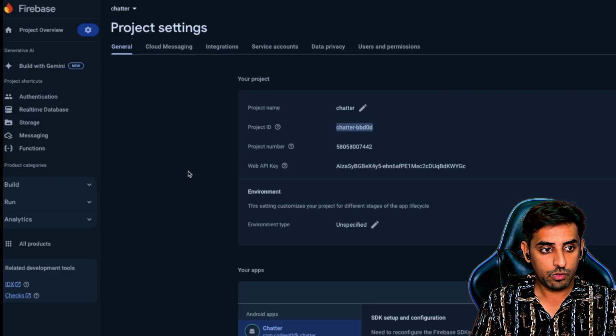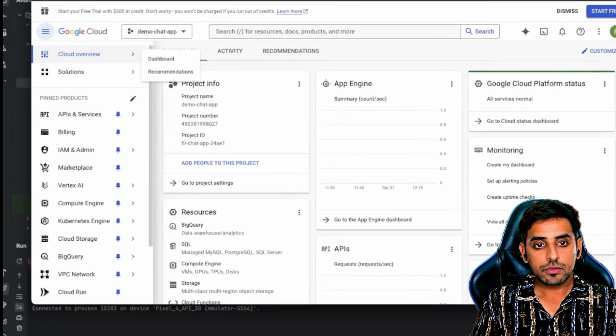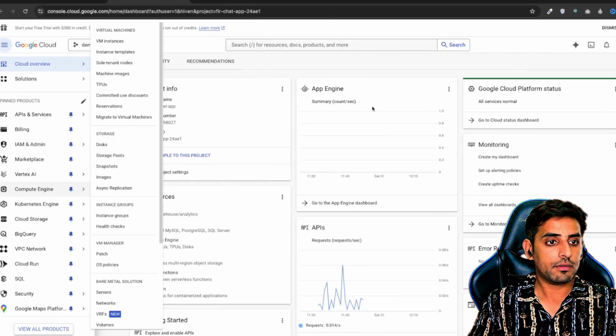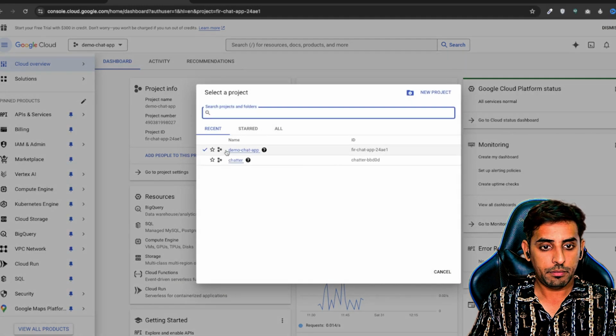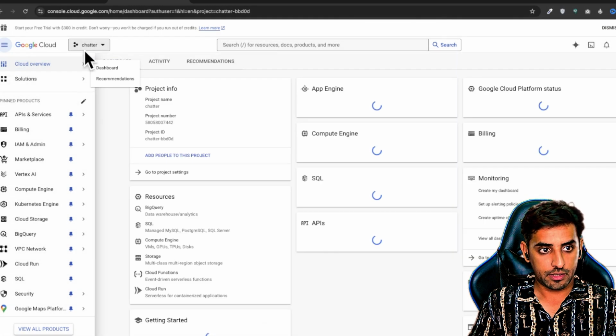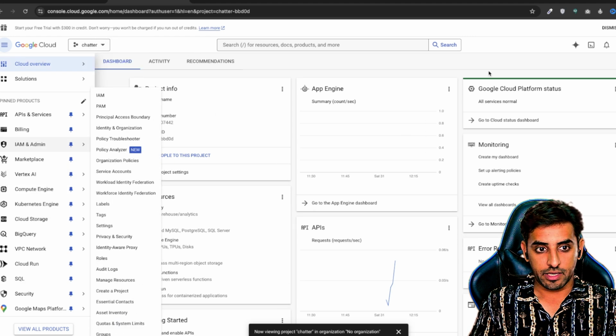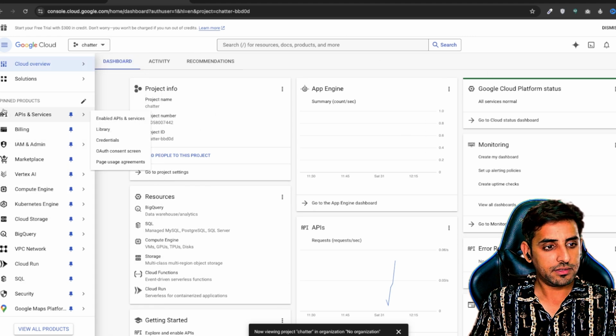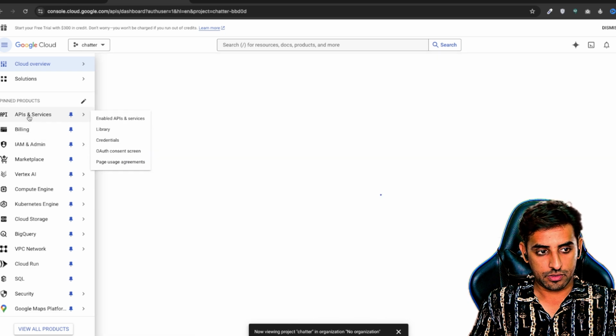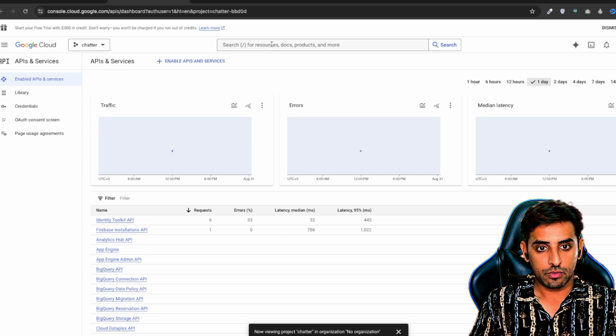For that, what we need to do is go to the console. So we'll open this cloud console for our app, and from here over here you can select the project that you would like to use. And now when you get this, it's a lot of information, right? So the next thing that you would do is go to the API and services. Okay, and once that is open, you'll search for